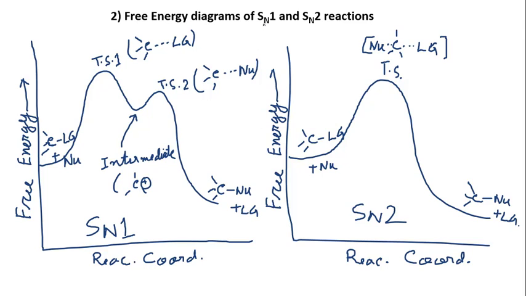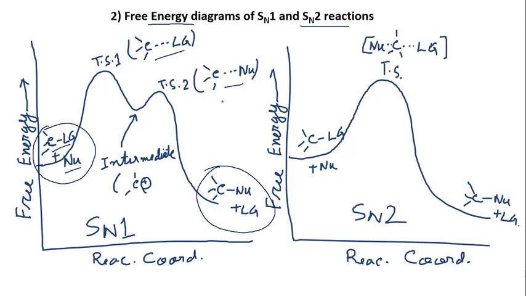The next question was the free energy diagram. It is pretty easy and most of you have done it correctly. The only thing you have to remember is to label it. So here you have to label the reactants, the substrate plus the nucleophile, and here the product plus the leaving group, and at the humps you have to mention TS1 and TS2 along with their structures. And here at the valley it is the carbocation intermediate. So this is the two-step mechanism.